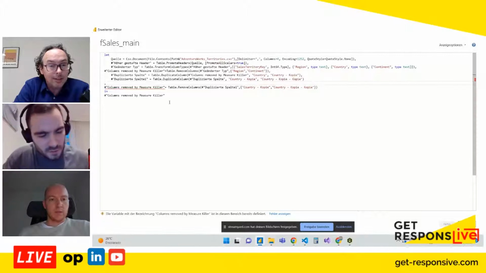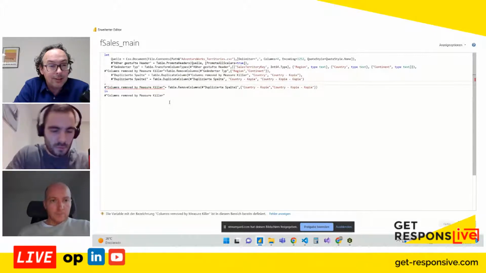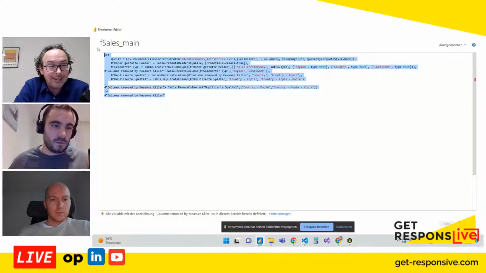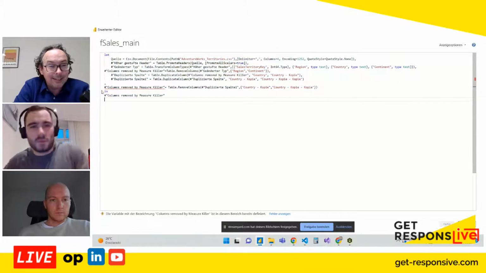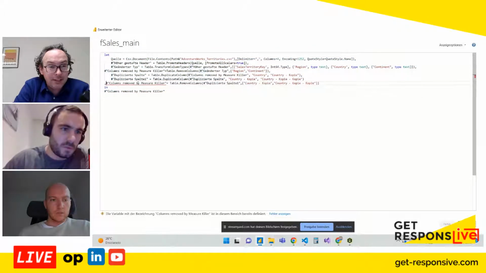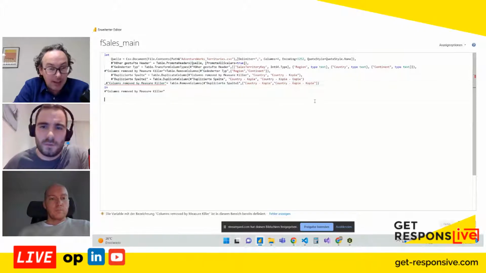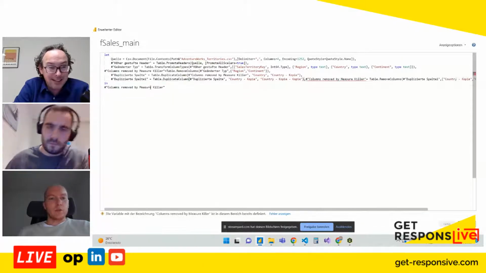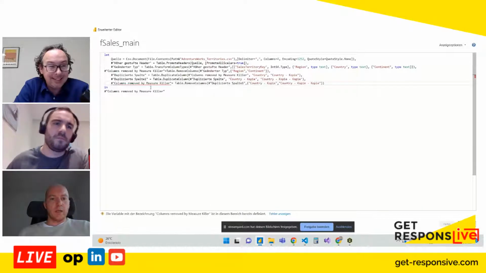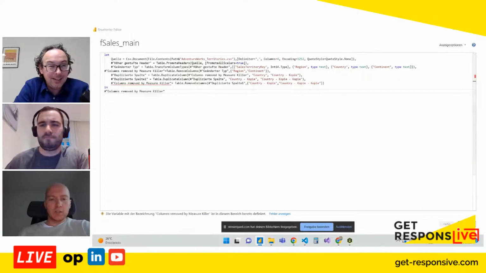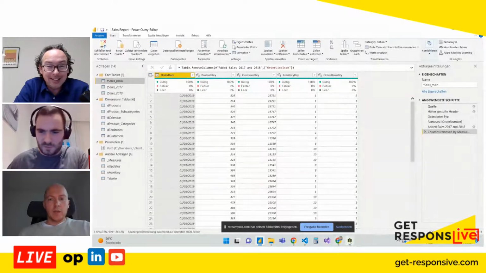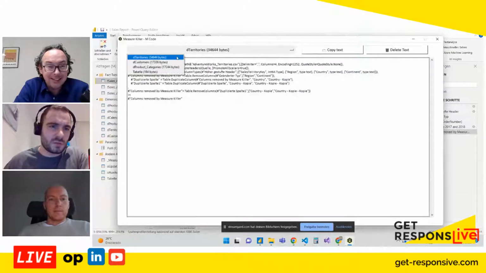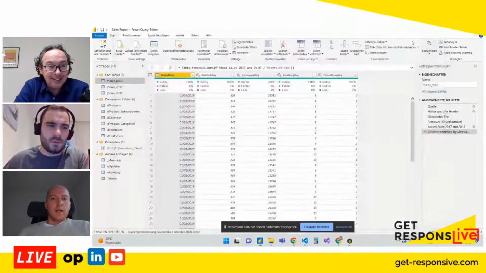Let me just, I think I missed the users here. Yeah. So to create the full Power Query, the M code, including lines to remove the columns. Yes, it's adding basically one step at the end. Yeah, exactly. You can just close the window for a second. We'll choose another one. Yeah. Anyway,